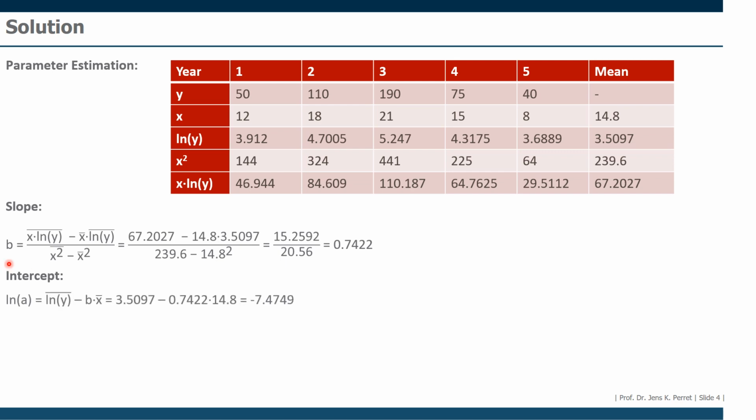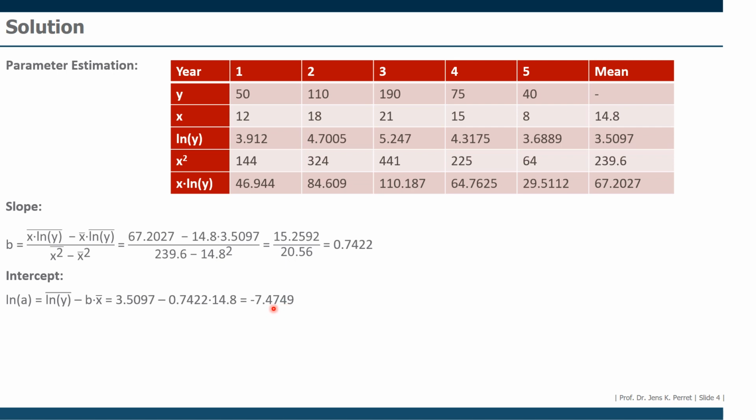But first off, I can use for the intercept ln of a the same formula we might remember, which is just the average of the dependent variable, so the average of ln y, that's the 3.5, minus the slope, here b, from the last part, times the average of x, that's my 14.8. Going to plug in all the values and calculate the result, yielding me an intercept of minus